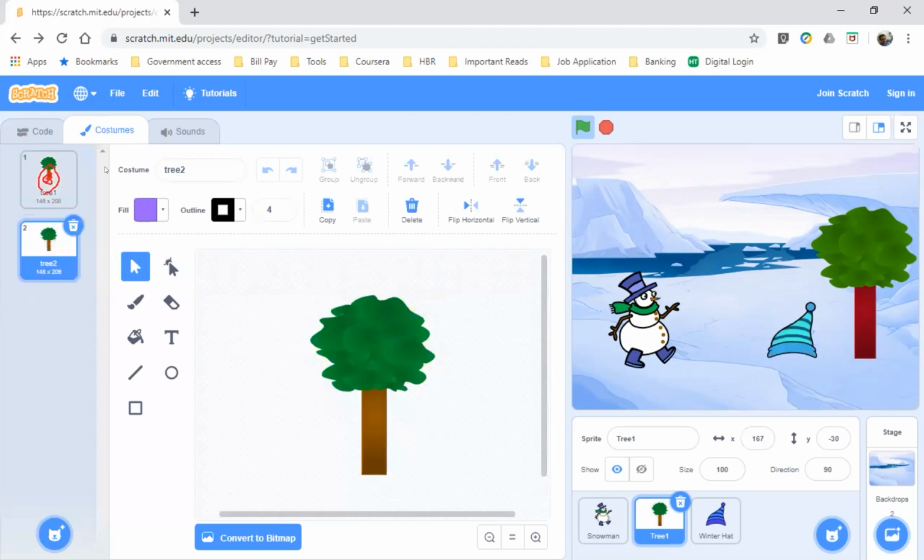Very good. Now we will change the color of this particular thing. Select this part, this bucket first.